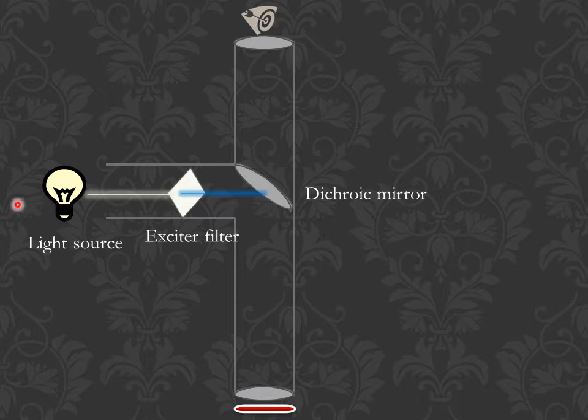What happens now is that blue light gets reflected at its surface and strikes directly onto the specimen. As we said before, the specimen is coated with fluorescent substance. Since the specimen is coated with fluorescent substance, now fluorescence occurs. That is, a blue ray of light is passed to a fluorescent substance, which I have coated on a specimen. So we have passed a blue ray of light onto a fluorescent substance.